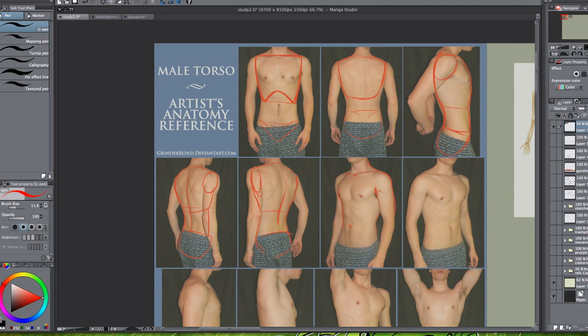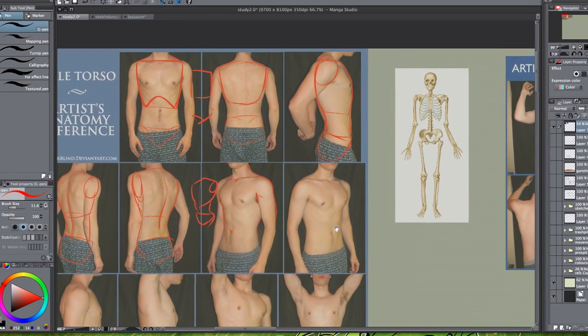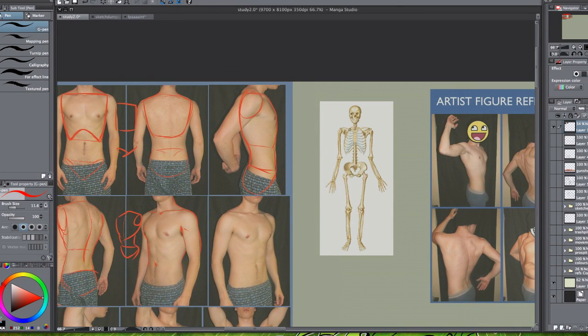See how I've gone from really just blocky like this, defining where everything is, to actually figuring out how I define those shapes, like that. And that's something for you to figure out on your own, and figure out your own shapes and how you do everything. Once you've figured that out, and you know where everything is, and you know where it is on the skeleton like this,